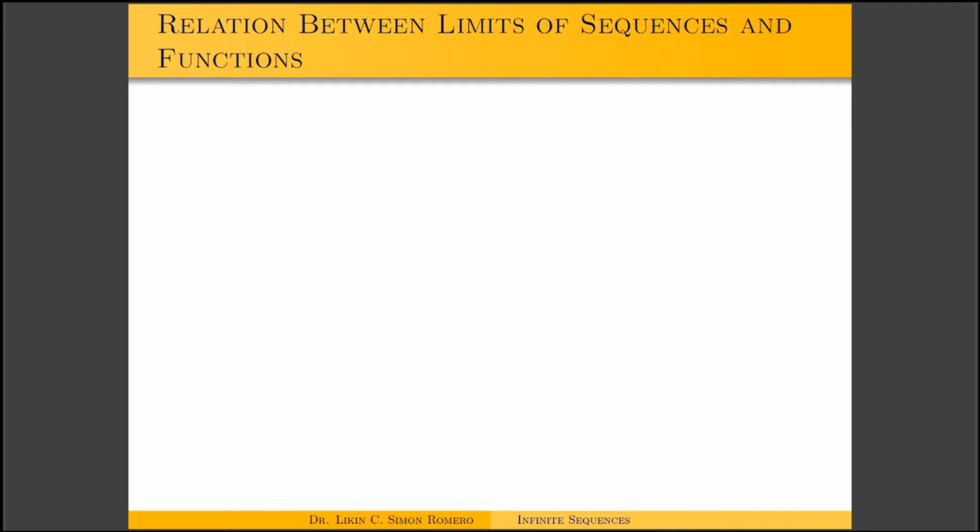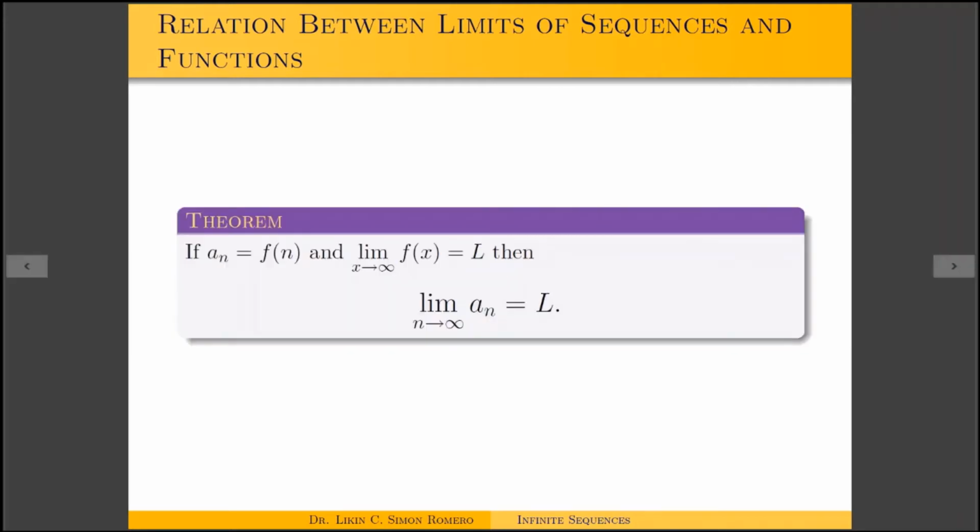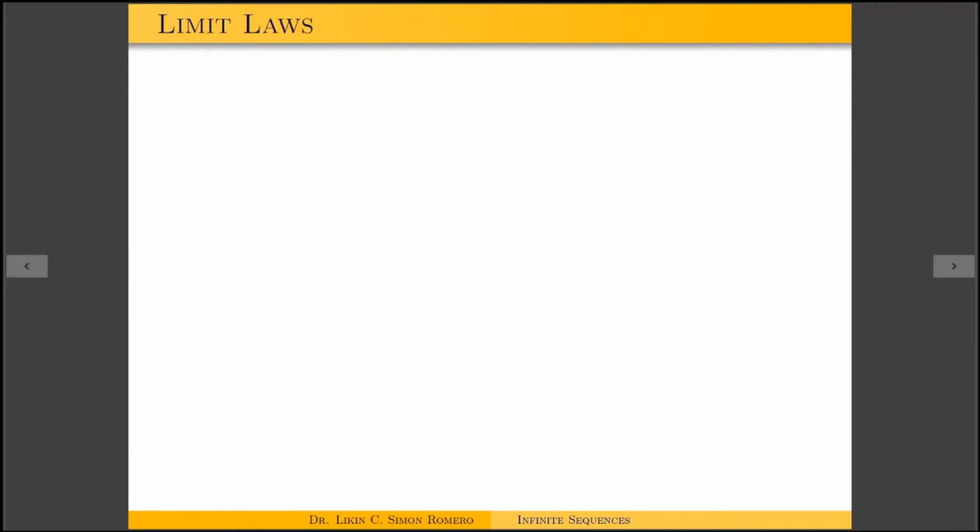All right, so from my solution to problem 3, you might have guessed that there is this relation between limits of sequences and limits of functions. And we have this theorem here that basically just says if we have a formula for a_n in terms of n, then the limit as n goes to infinity of that sequence is the same thing as the limit as n goes to infinity of that formula. And so this allows us to use all of the rules we know for taking limits to now take limits of sequences also.